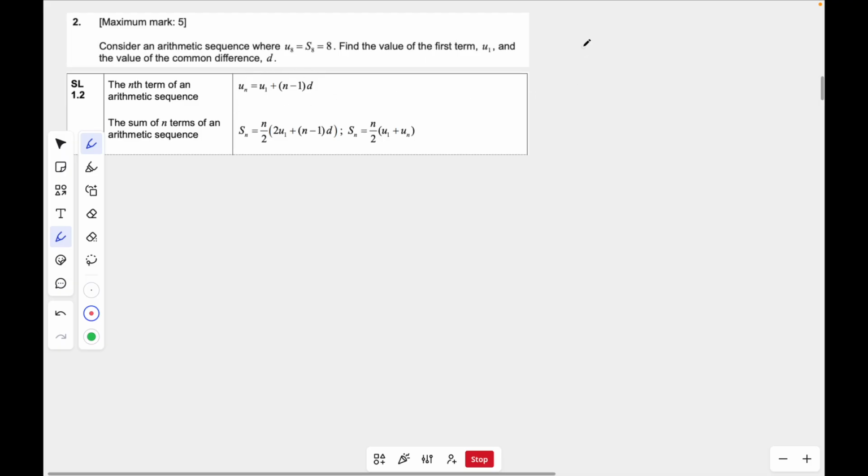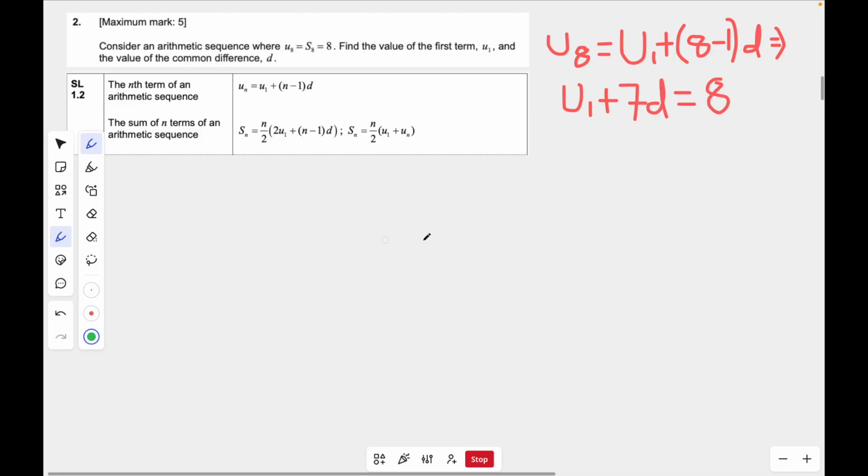Using the first formula mentioned in the formula booklet, we can set up an equation with u1 and d as variables, since we know the 8th term in this sequence is equal to 8. So, we have u8 is equal to u1 plus 7d, resulting in our first equation: u1 plus 7d